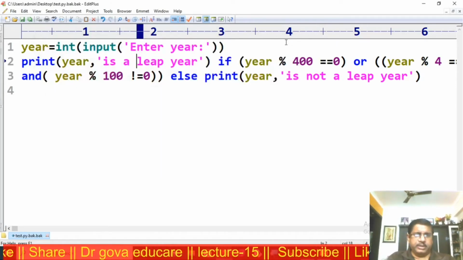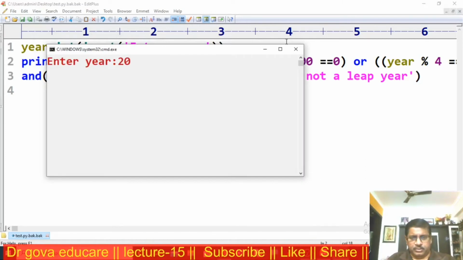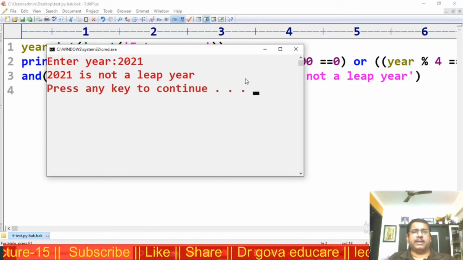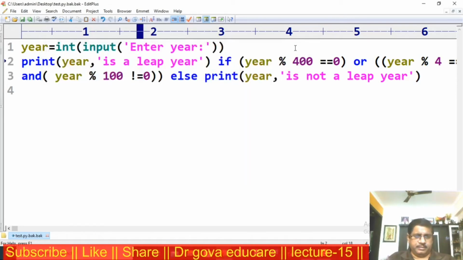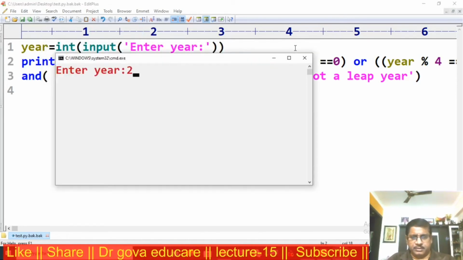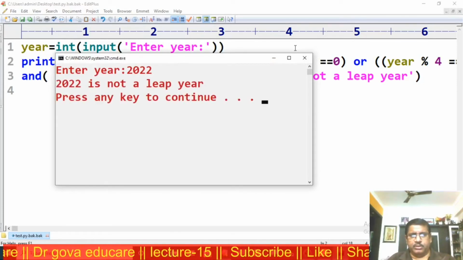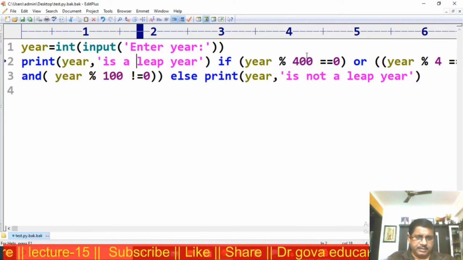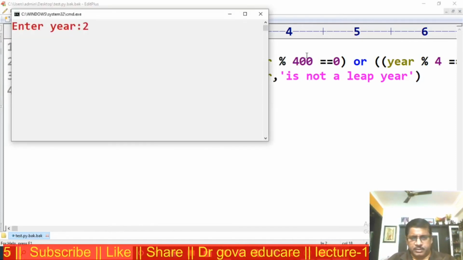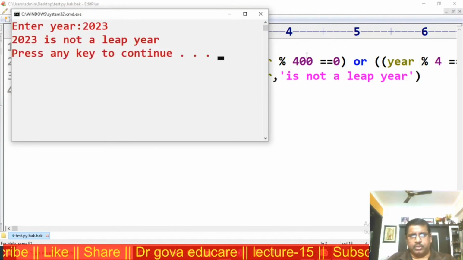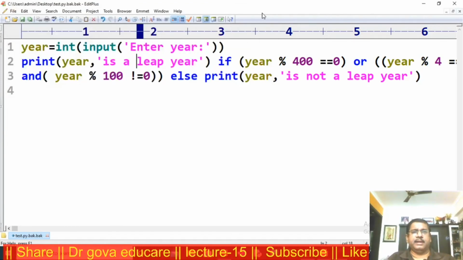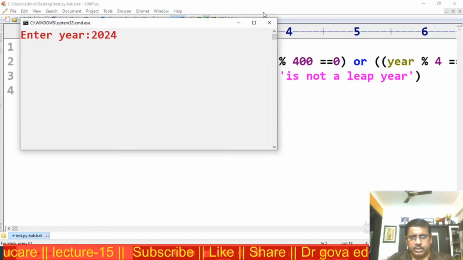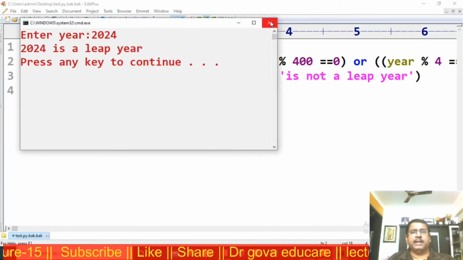Now I am executing this. 2021 is not a leap year. 2022 is not a leap year. 2023 is not a leap year. 2024 is a leap year.